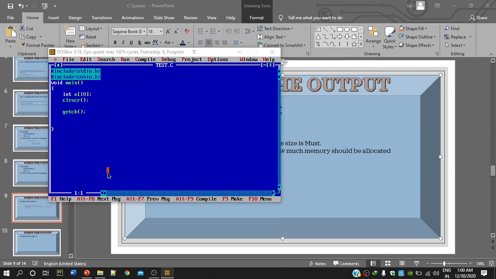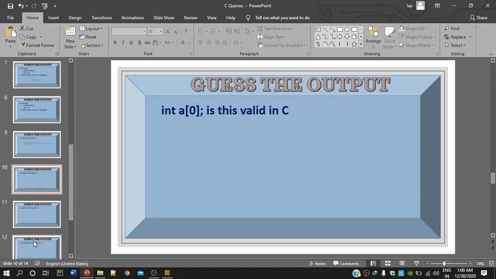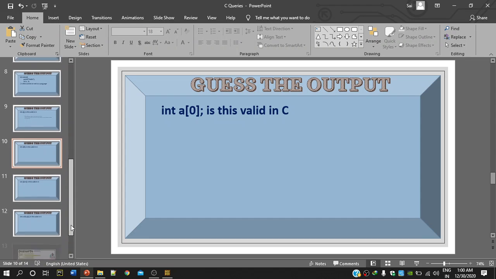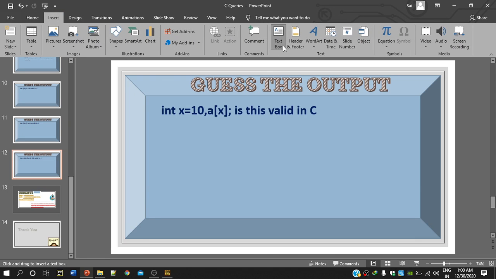And that answers all my questions as far as the next slides are concerned. I can see them. Here I got an array with empty, and here I got an array with 0 locations. Here I got an array with a variable, and I can even have one more question, an array with a negative value; even that is not allowed. Let me give you a complete picture of it. What I am trying to say here,